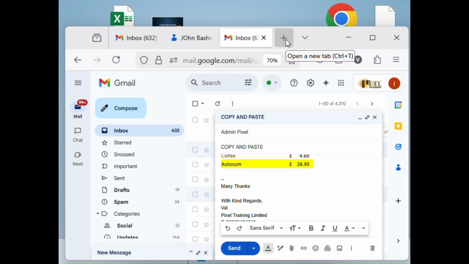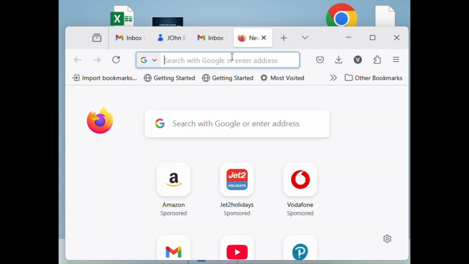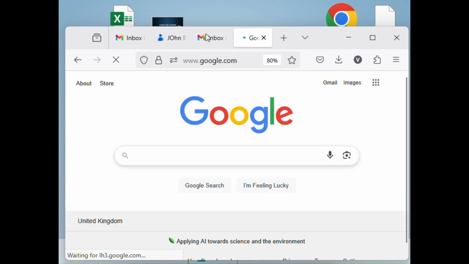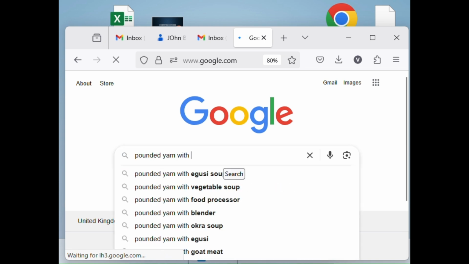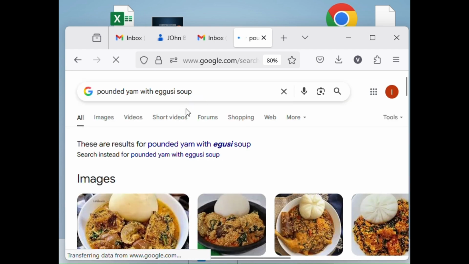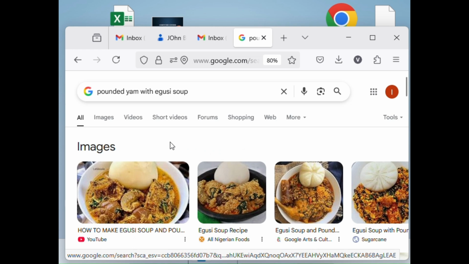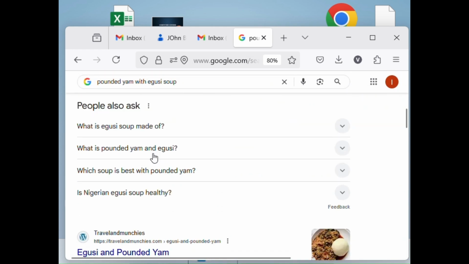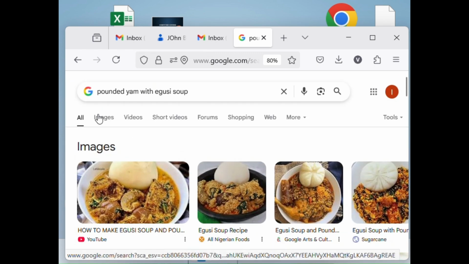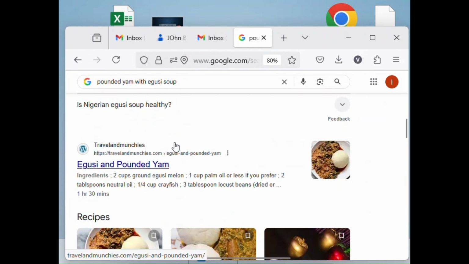How do I go to Google? You click on the plus sign here, and then what do I type? www.google.com, and then I'm going to say pounded yam with egusi soup. Am I looking for video or information? I'm just looking for information. So I can see there is a website which says egusi and pounded yam. Click on it,